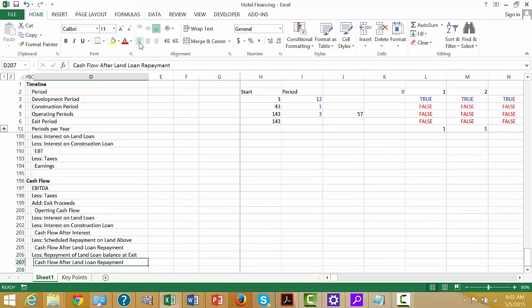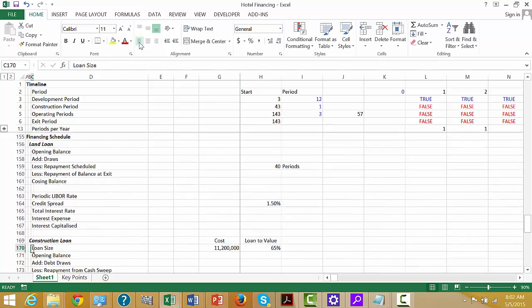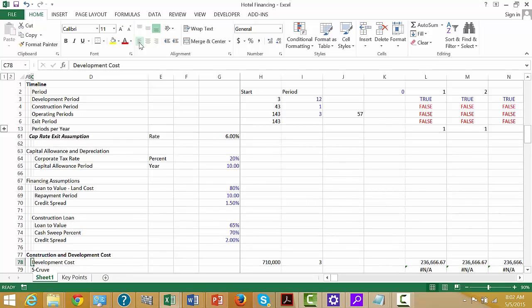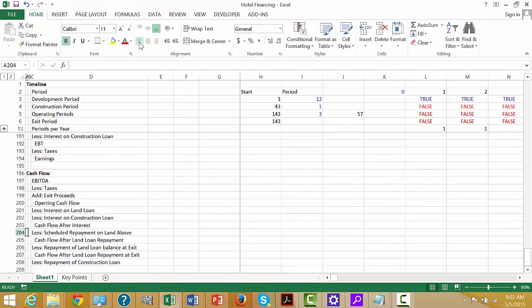Okay, repayment at exit, and then we can put less repayment of construction loan. Now, how did I make the repayment? We said that is going to be, we said, well, we'll just sweep 70%. Now, it's totally possible, I suppose, that we still have some loan left over, and so let's put cash flow